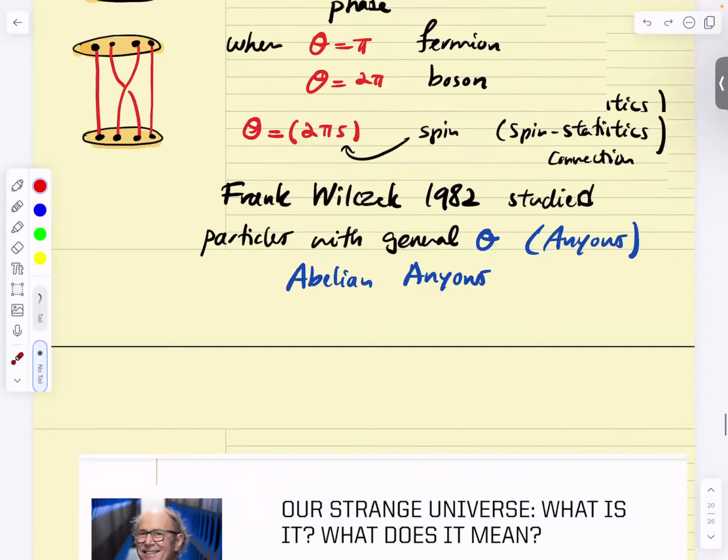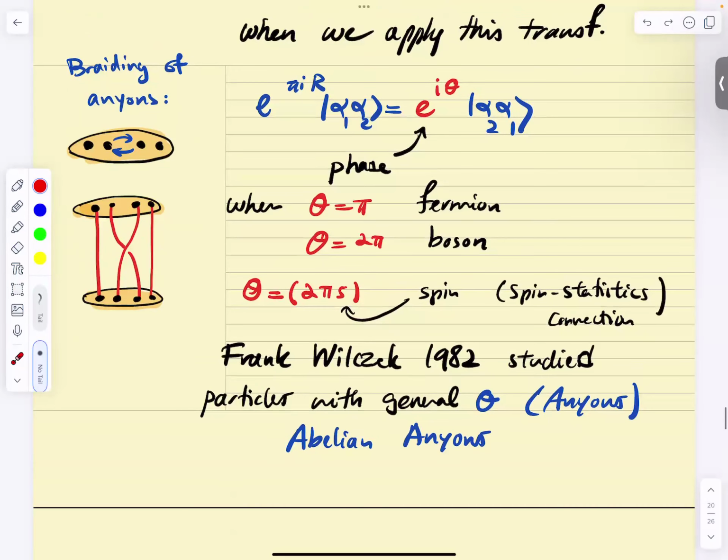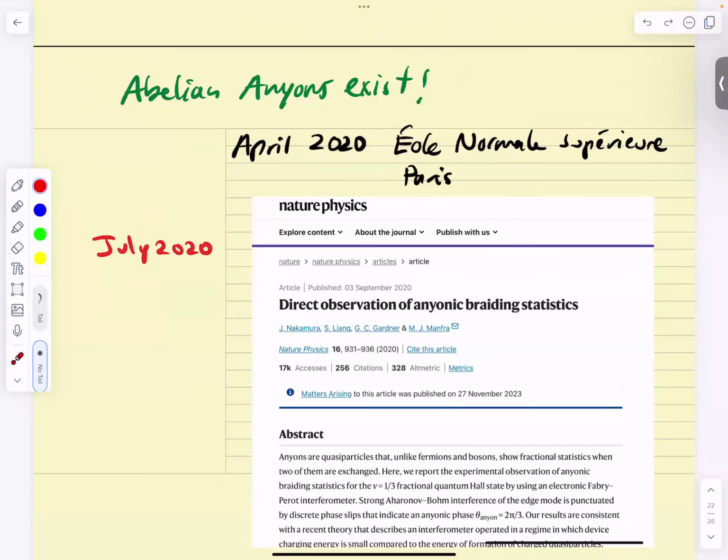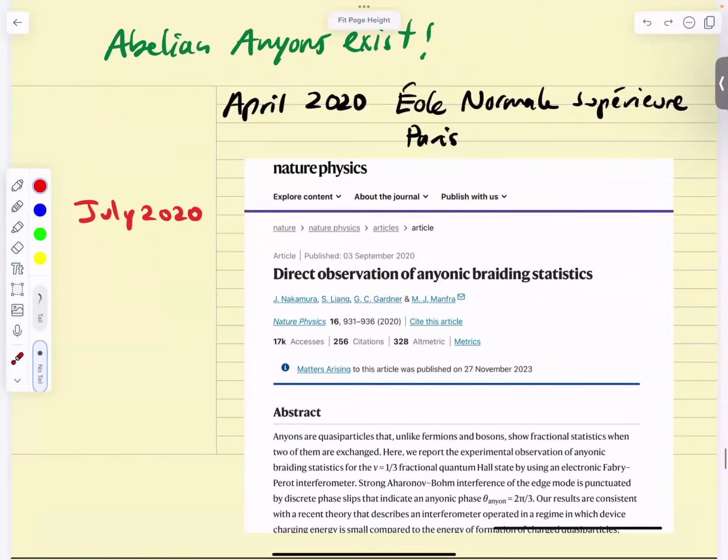All right. So in 2 dimensions, I've explained why, but there's the possibility of having these thetas, particles that show this theta, and they're called abelian anyons. All right. So do they exist? Abelian anyons exist. They were seen in 2020. I think July. A group at École Normale Supérieure in Paris saw it, and another group in 2020